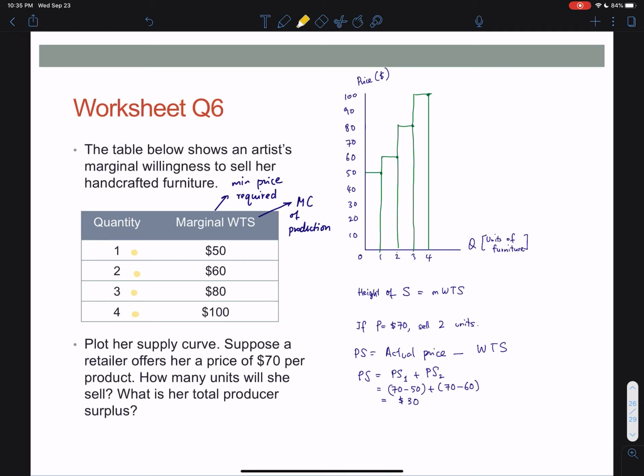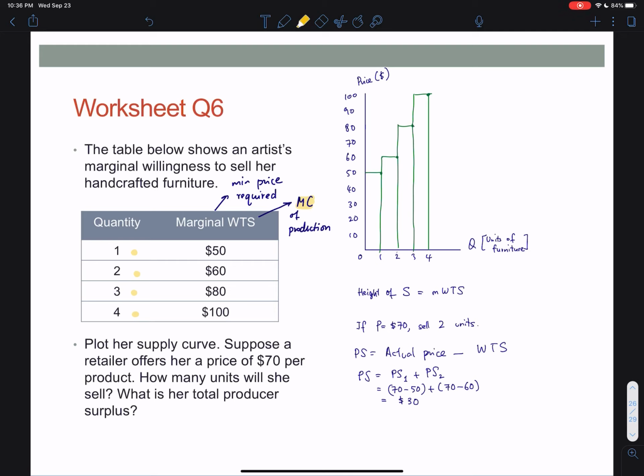Marginal willingness to sell is the minimum price that she needs in order to produce or sell that unit. Remember that the minimum price that a producer needs is given by the marginal cost of producing that unit, which is to say that when a producer is deciding whether to sell something or not, the minimum price that she needs is the additional cost she incurred to produce that unit. The way you should read it, therefore, is